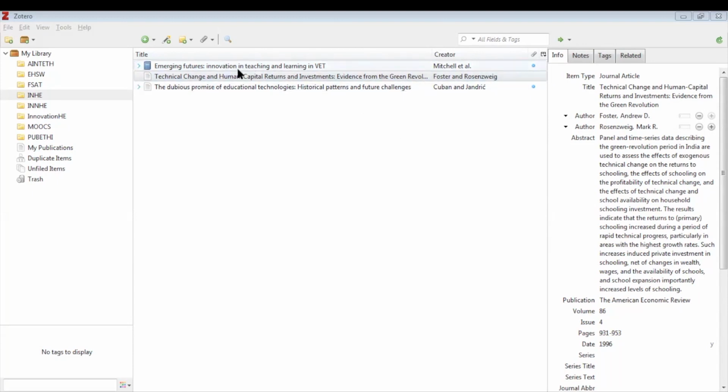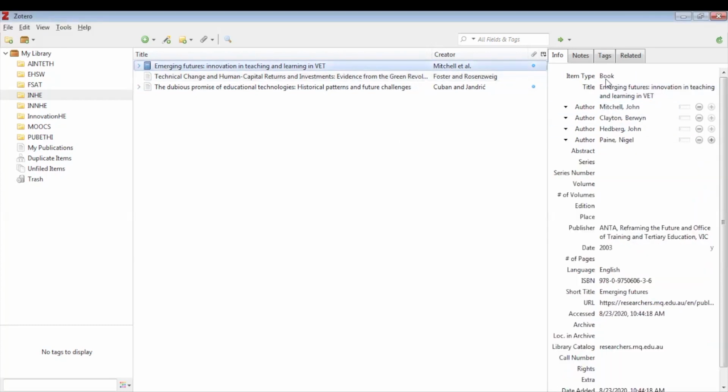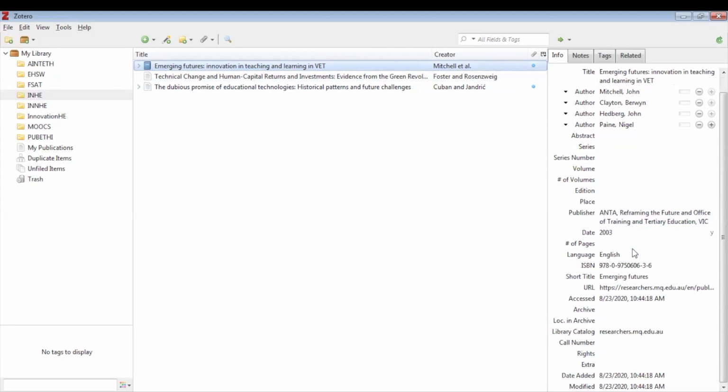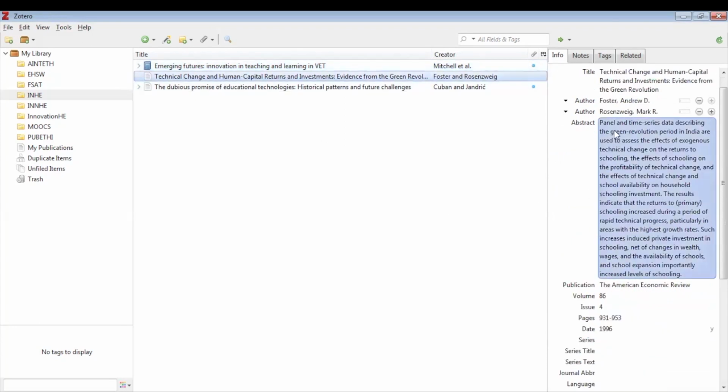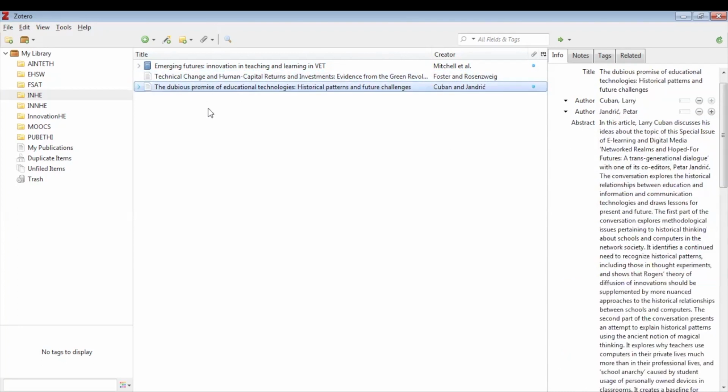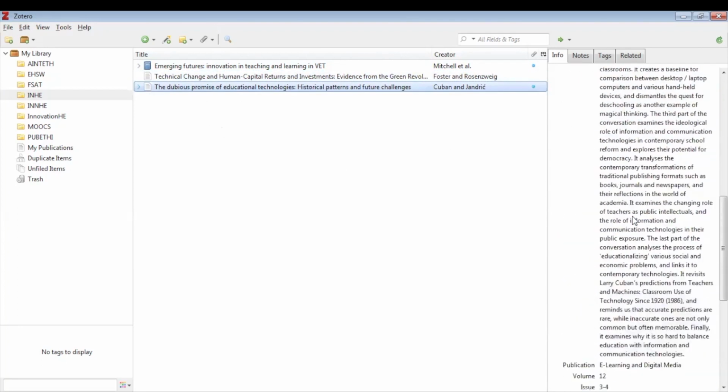If you want to see further details on a given paper, for example, you can click on this, and on the right hand side you can see it's a book and its title is provided, the author's names are provided, other details like who is the publisher, date of publication, ISBN, URL, and all the other details will come up. Similarly, you can see it for the next one, which is an article. In the article you will also see the abstract provided. This is the title, these are the authors, and abstract. This is the publication house, this is the volume, issue, page number, and the date. So this is also available. Similarly for the third paper, now you can actually see the details.